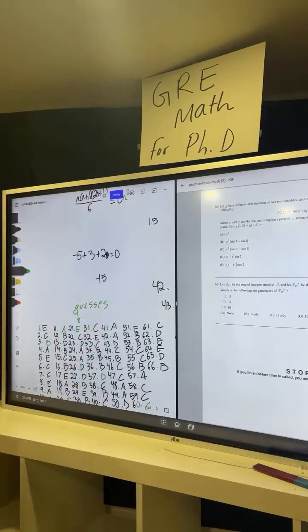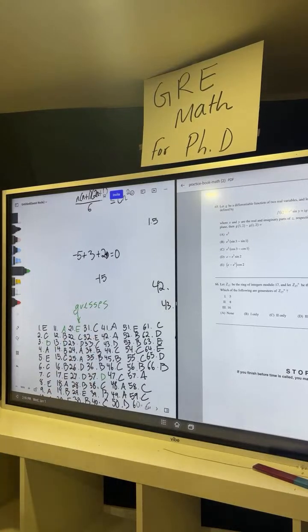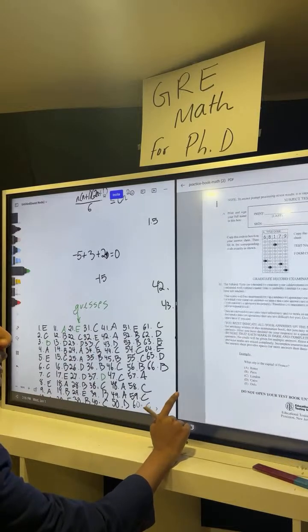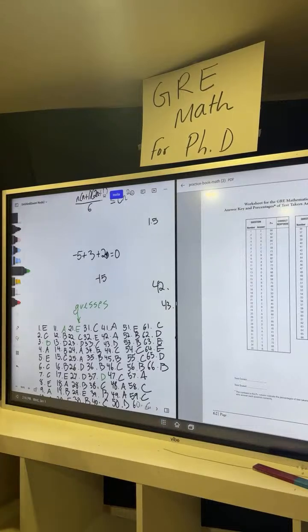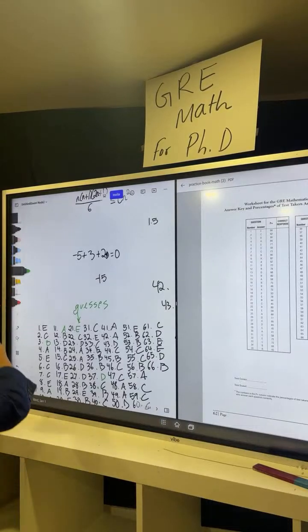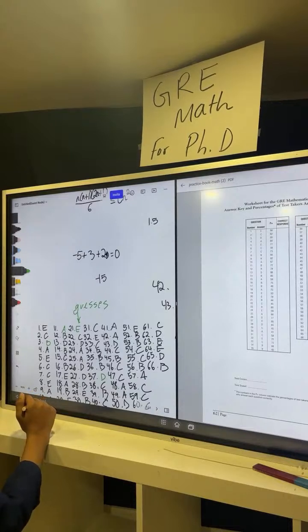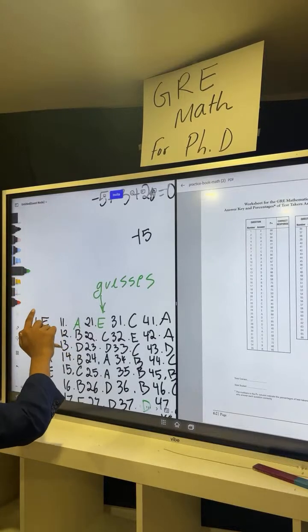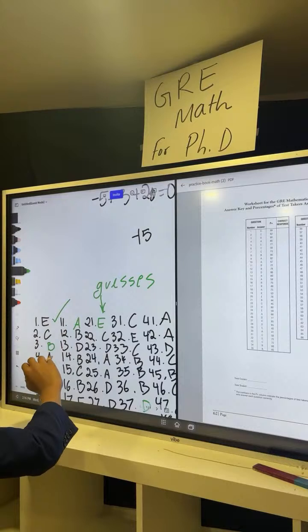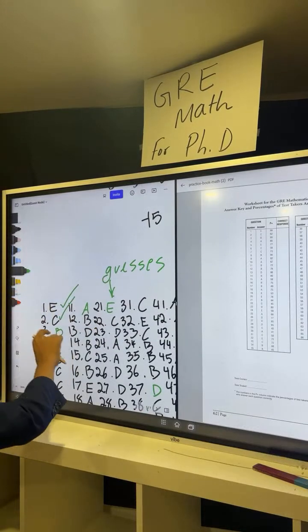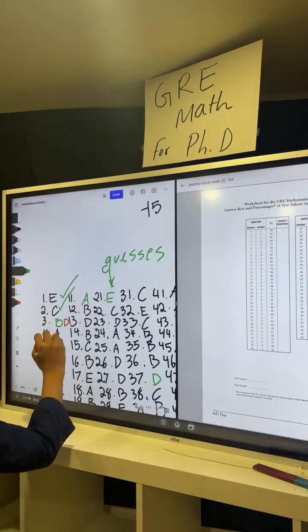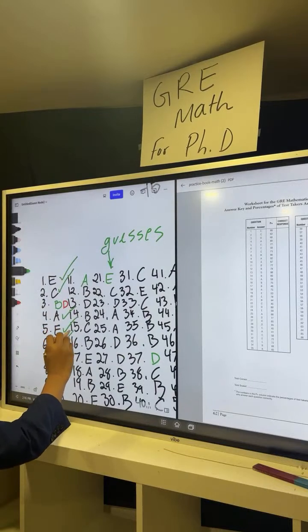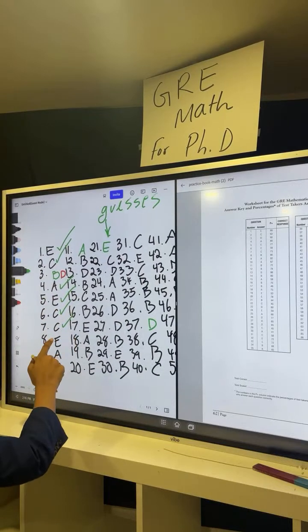So with 4 minutes left, we should be done. So let's see if we can check our answers. Okay, here we go. All right. So 1 is E, 2 is C, 3 is D, 4 is A, 5 is E, 6 is C, 7 is C, 8 is B,